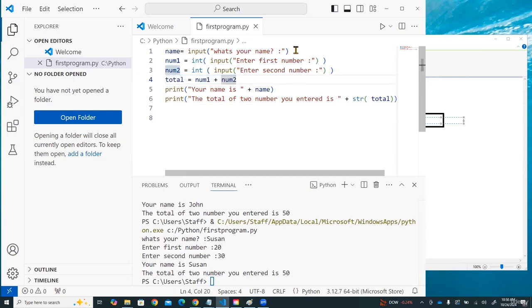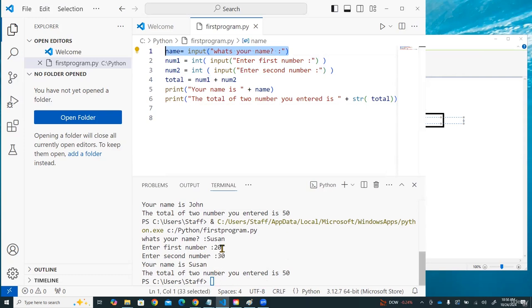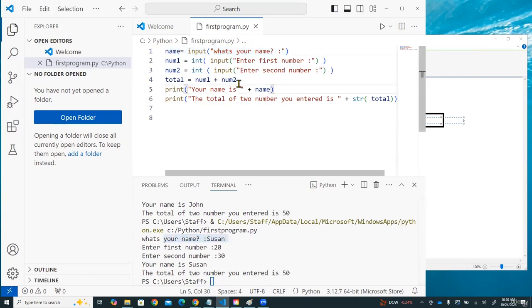One is the input instruction. It is used to collect something from the user. Another one is a calculation instruction, where you are telling the computer to do some calculations. And the third one is a print instruction that we're going to talk about pretty soon. So here, right now, the computer did this